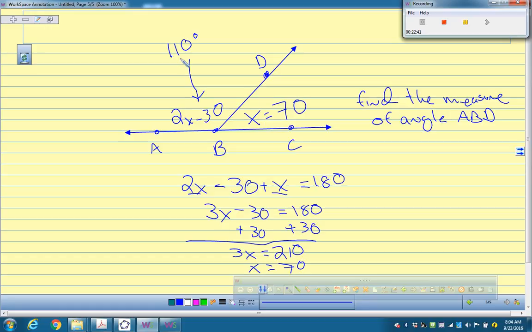Okay, I think that's pretty much all I got for you. Do you have any questions? Linear pair, vertical angle. Monday we talked about corresponding angles. All right, so your homework